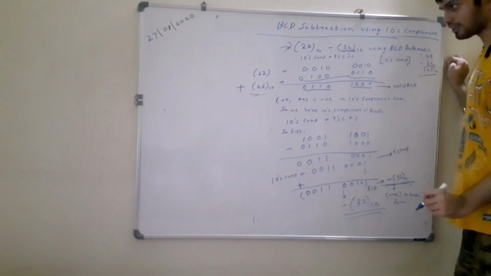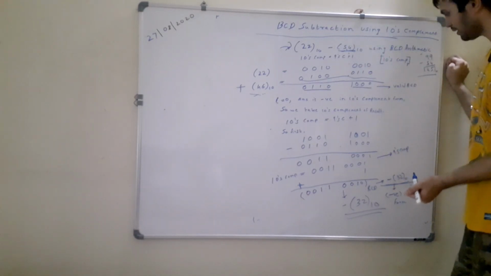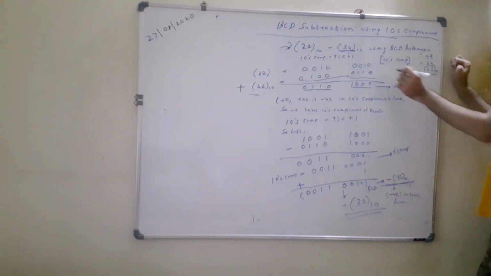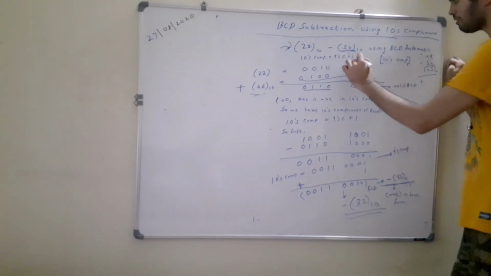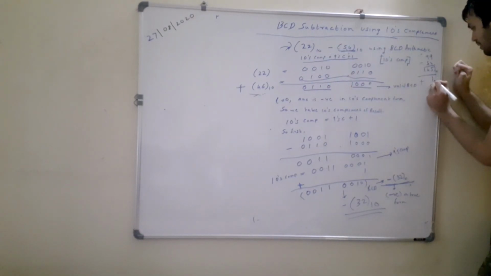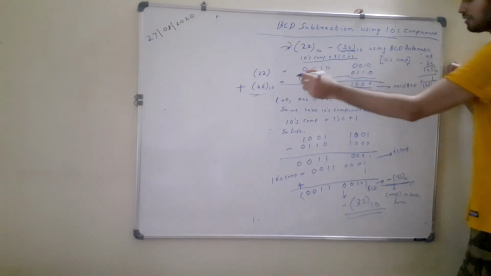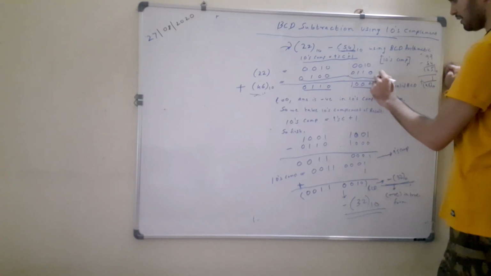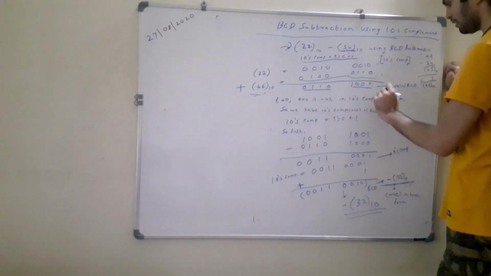But we are doing subtraction using 10's complement, so we need the 10's complement of that number. So simply add 1 to the 9's complement. So what is 10's complement? 9's complement plus 1. So add this 1 to this 45, and you will get this 46. So that is the thing I have written over here, and its equivalent BCD representation. Then add these two numbers. After addition, this result you will get.